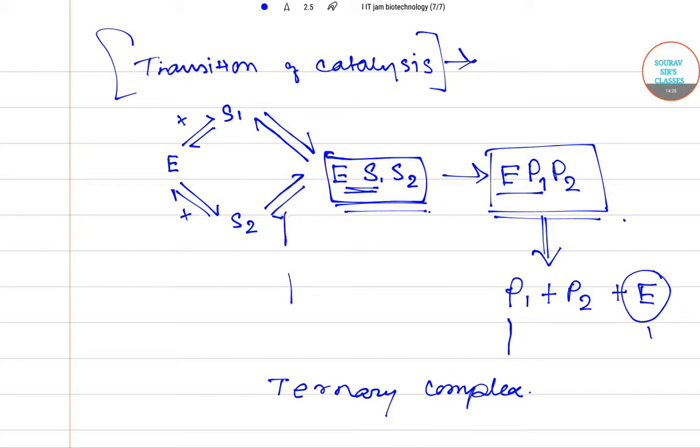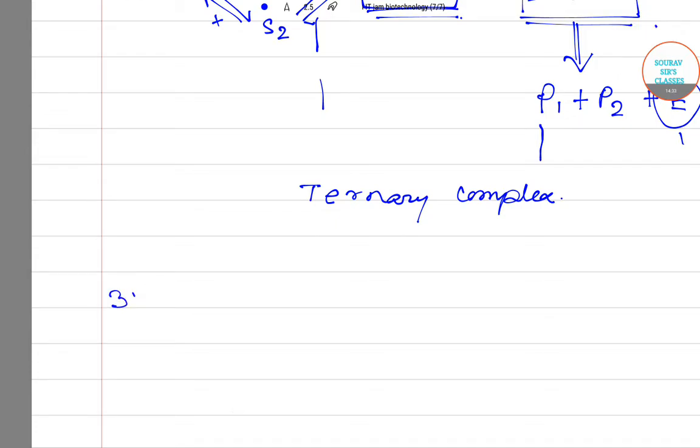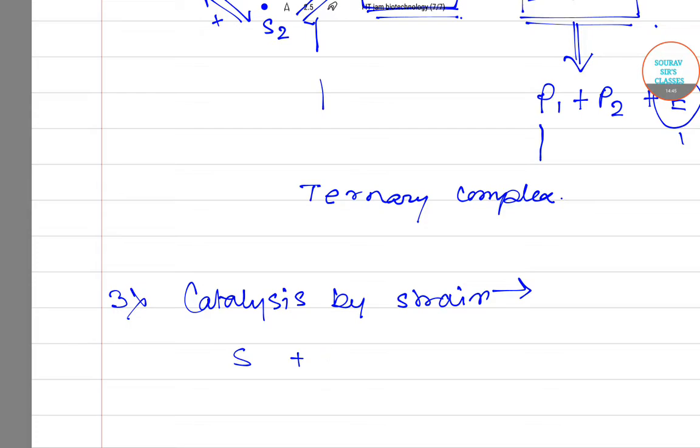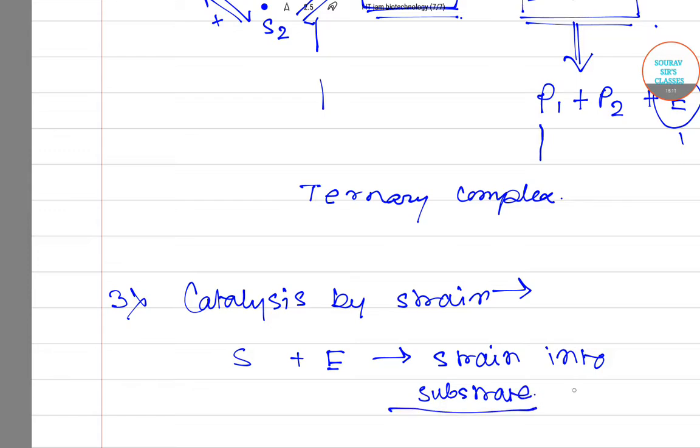So the third category of enzyme work is catalysis by strain. Now what is catalysis by strain? This is the binding of the substrate to the active site of the enzyme that induces strain into the substrate molecule, and this weakens the target bond